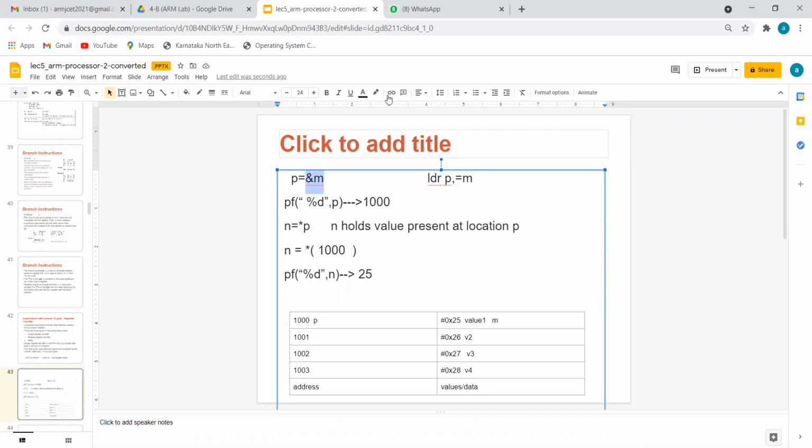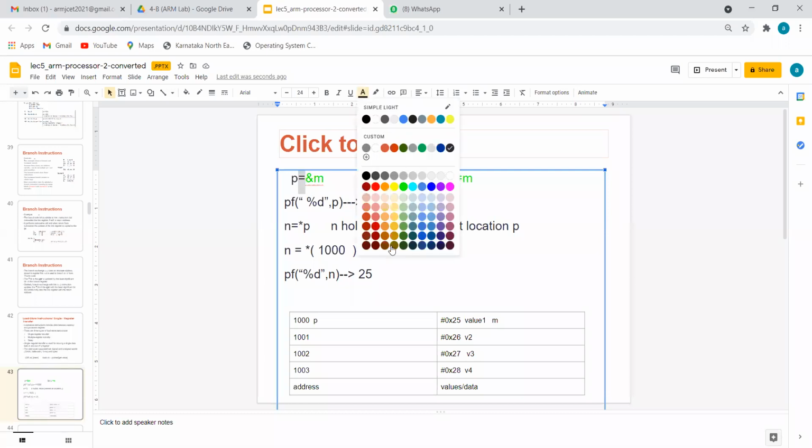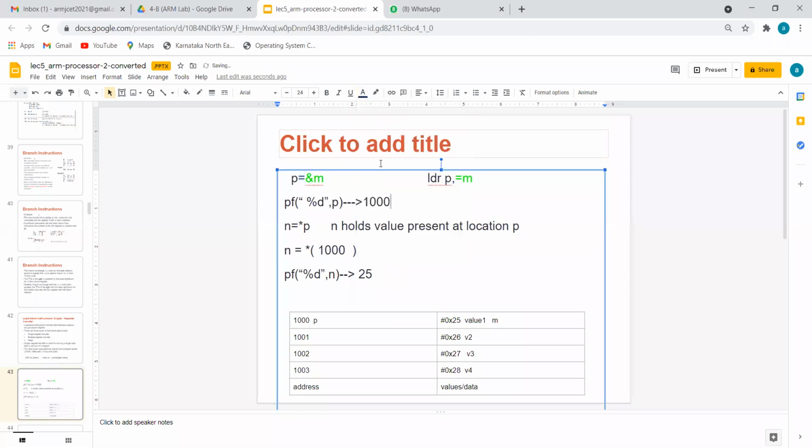So if you select this, which is in a green color, here it is in the same green color. So now we can see yum and this yum match. What ampersand was doing in our C, it is done by equal to. Then P also matches, no problem. Then what is this, which I will keep in some blue color? Equal to is done by LDR. I hope you understood how to write one instruction from C to ARM, especially with respect to the pointer.